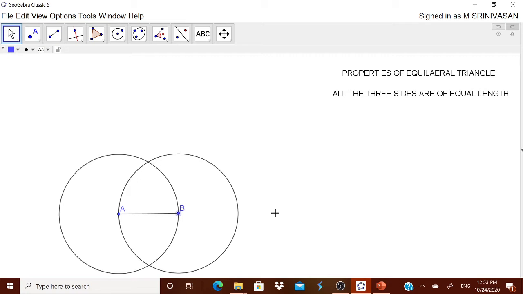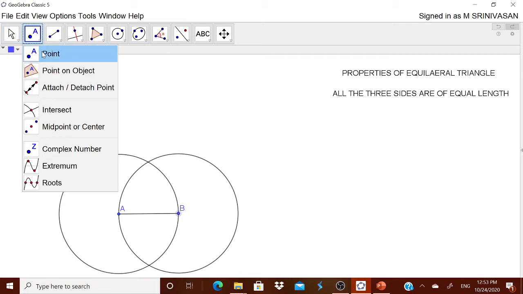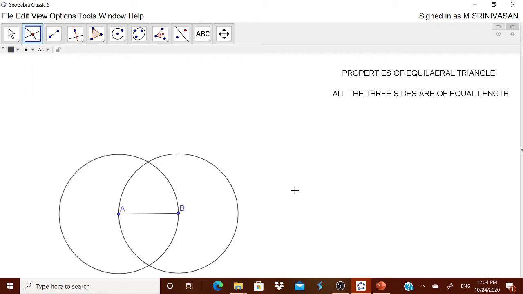How to get the point of intersection? One way is simple. You can take this point and then come here and put it over here. But I think that is a little bit risky. Now, let us take this intersect. Very simple. Touch the two circles. Touch circle number 1, circle number 2. At any place of that circle, automatically you will get the point of intersection. This is the way to get the point of intersection when two straight lines meet or two circles meet or a line and a circle meet. You got 2 points of intersection now.